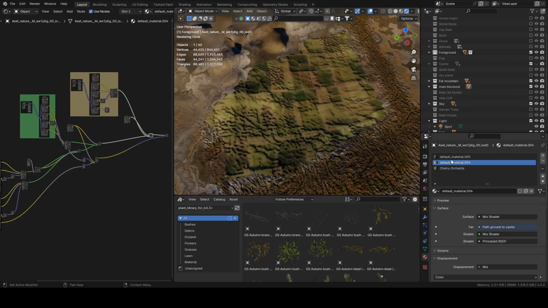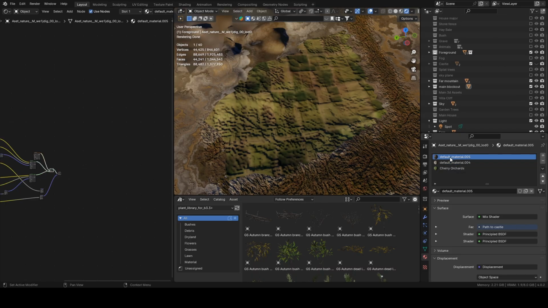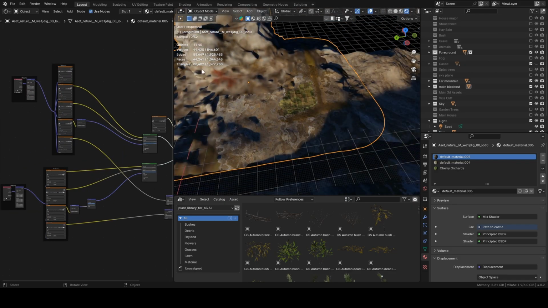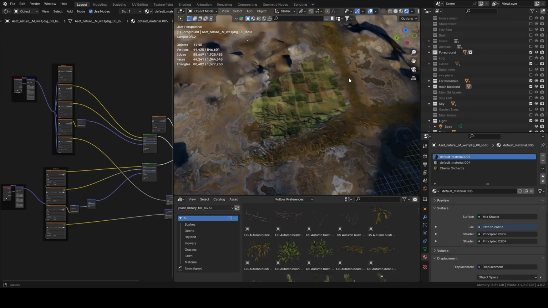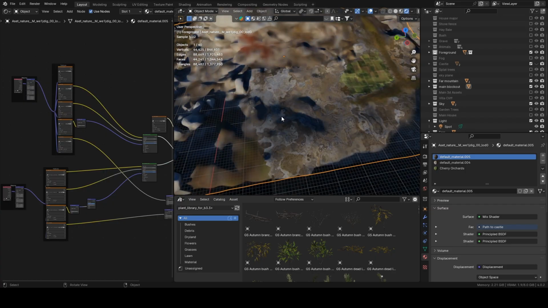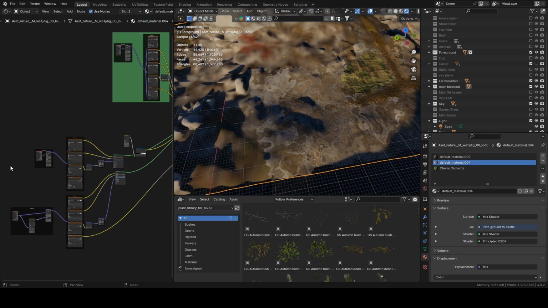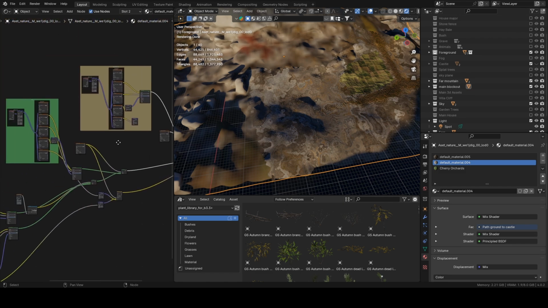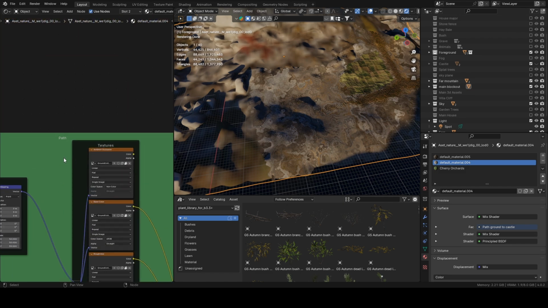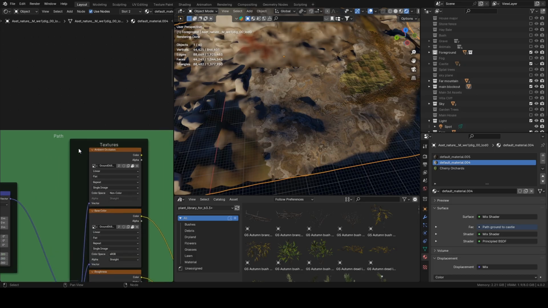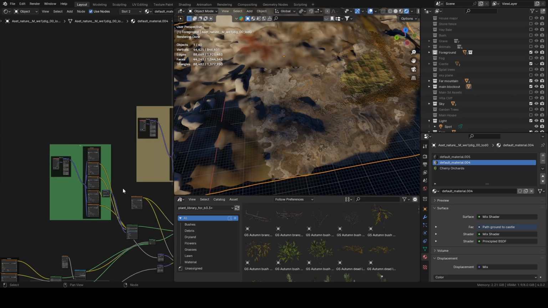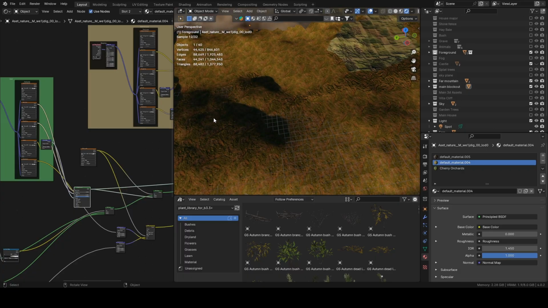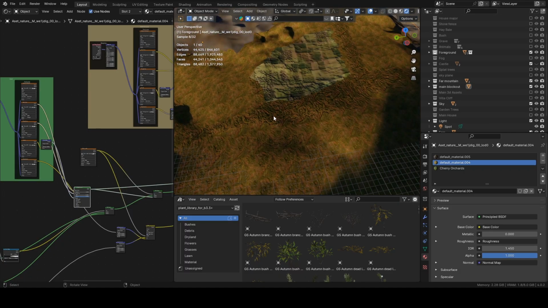Then this material for this huge plane, and then this material. This is the interesting thing. What I did was, this is the whole node setup. I grouped it. You can see the path. I will press Ctrl Shift T here. This was the path which I